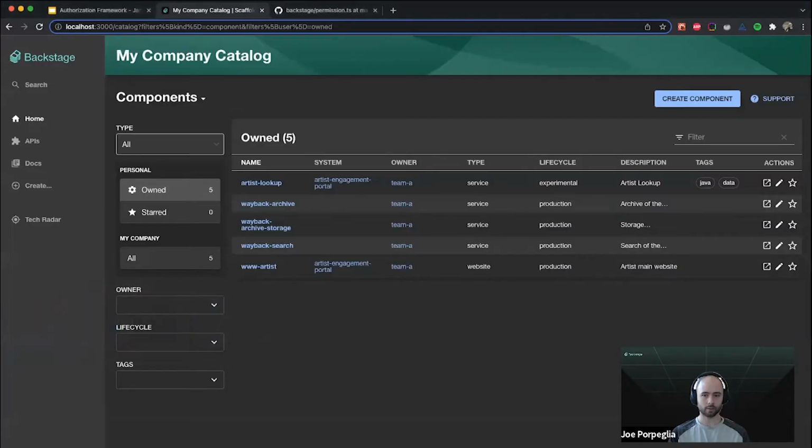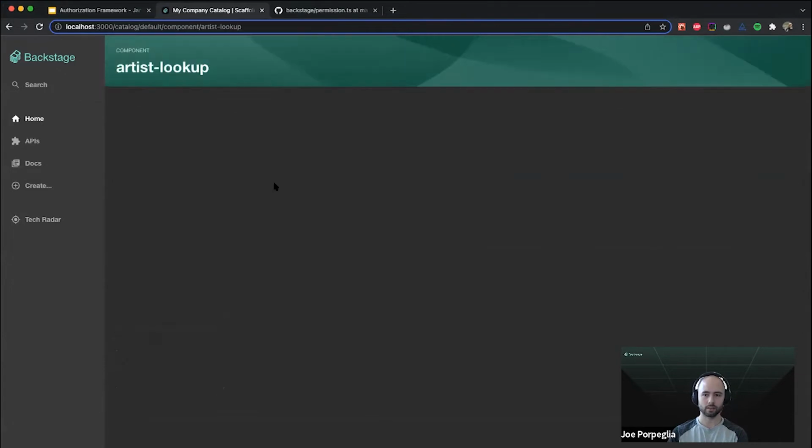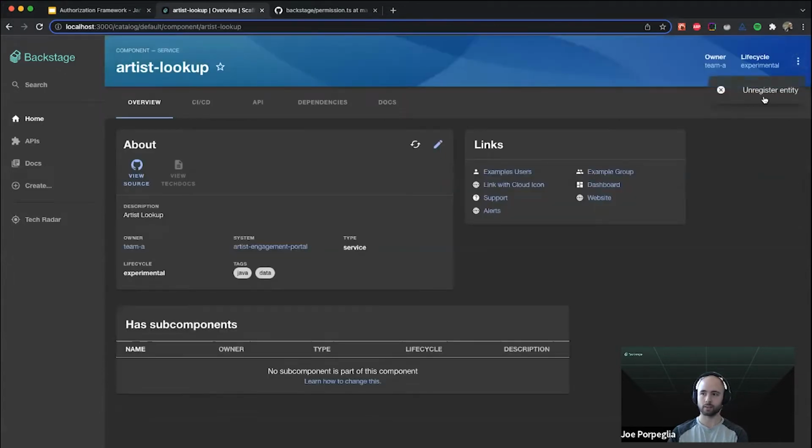Just to tie things back together, I'll go back and refresh to show that this still behaves as expected. Cool. So that was all I wanted to show for the policy demo. I guess just to wrap things up,